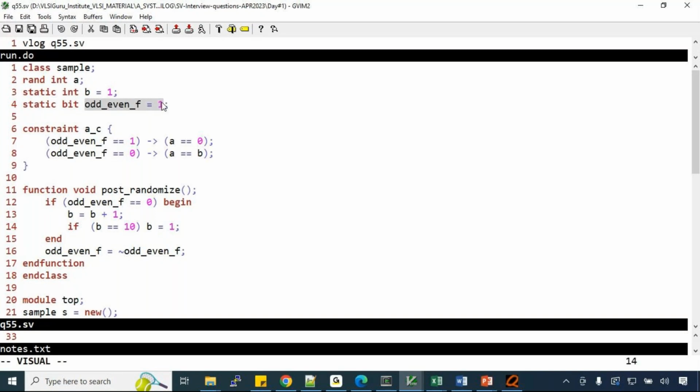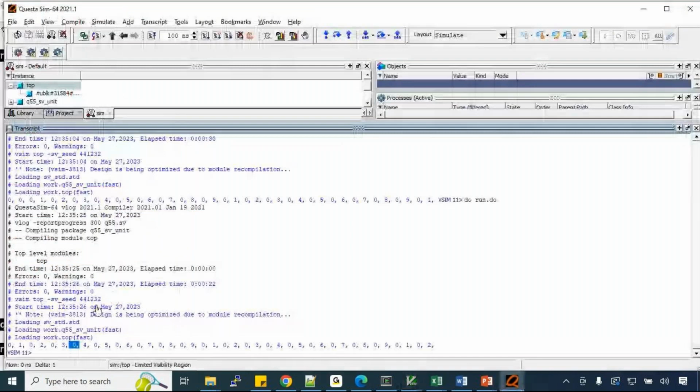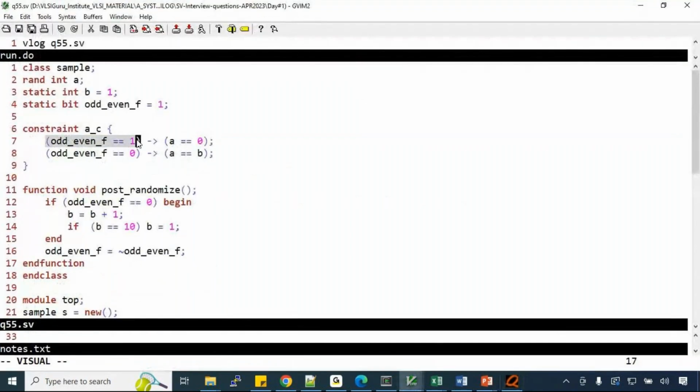Every odd numbered pattern is what? 0. So when you are generating an odd numbered one, it doesn't matter whether it is the first, third, fifth or seventh number, for all of them I want the value to be 0. For even numbered ones